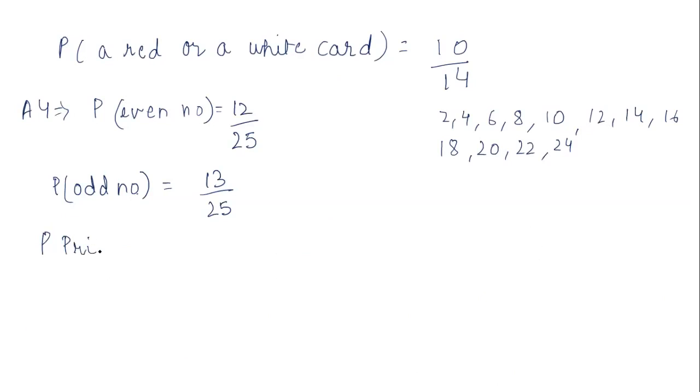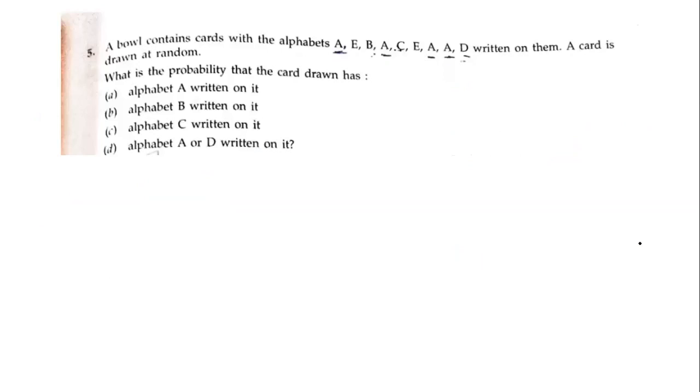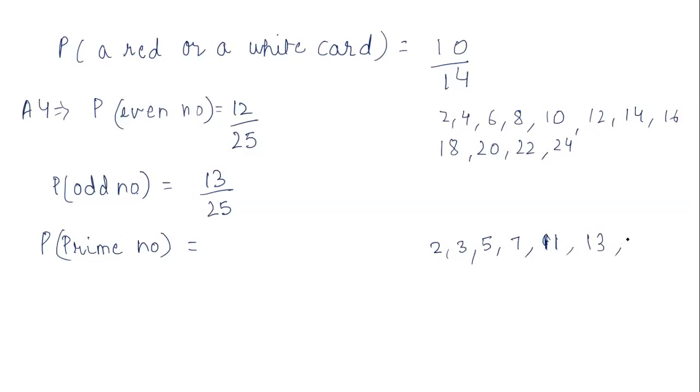Probability of prime number. आपको याद है prime numbers क्या होते हैं? जिनके कोई भी फैक्टर नहीं होता other than the number itself and 1. तो देखिए 1 is not prime nor composite. 2 is prime, 3 is prime, 4 is composite, 5 is prime, 6 is composite, 7 is prime, 8 is not prime, 9 is not prime, 10 is not prime, 11 is prime, 13 is prime, then we have 14, 15, they all are composite, क्योंकि उनके और भी फैक्टर्स होते हैं, वो 3 की टेबल में भी आते हैं, 14 7 की टेबल में आता है.